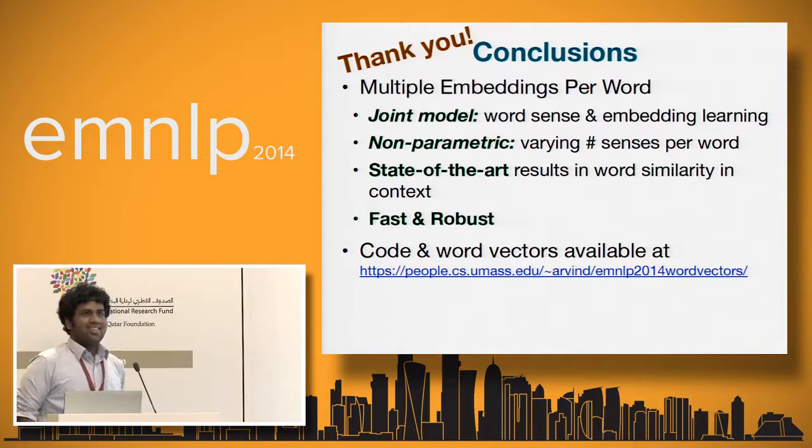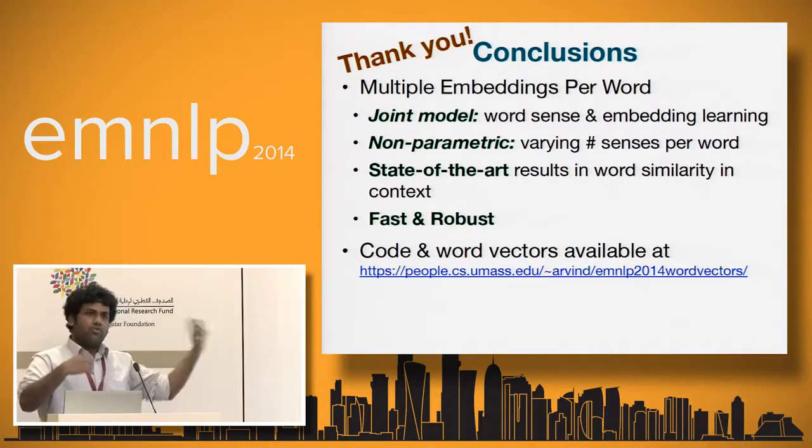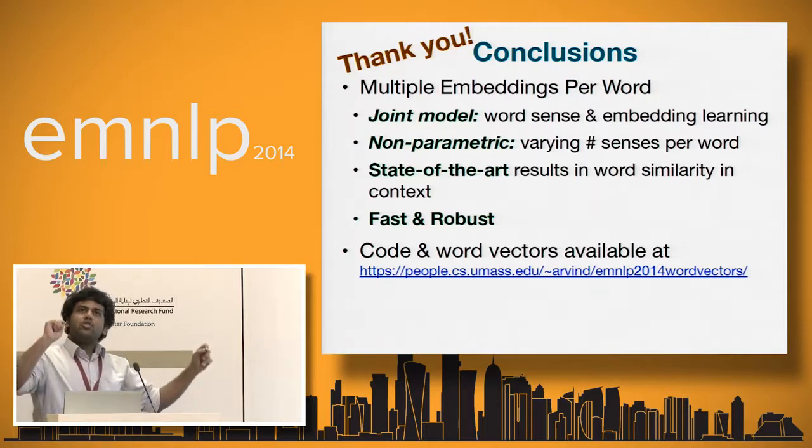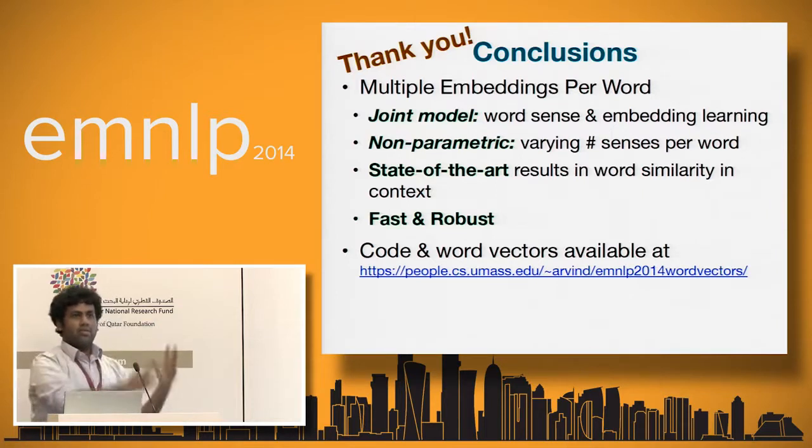I have two questions. First of all, you're learning multiple embeddings for the words, but not for the context words. So yeah, we use the global vectors. I think I should have explained that. Why we do that is, if you do not have global vectors, then we need to do this joint optimization to pick the sense for the current word and words in the context, which is going to increase your training time. And that's the reason why we have global vectors.